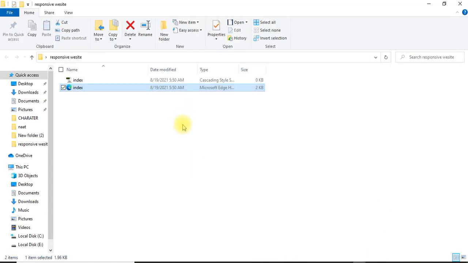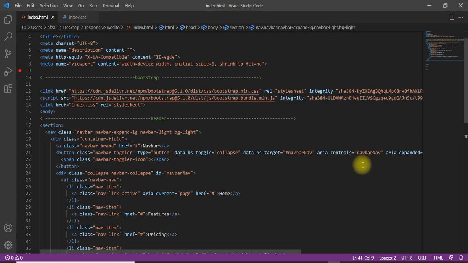Now, one more thing: if you see the navbar, you can apply the logo of your company here, and if you want to give a combination logo, it's totally up to you. In time, I will tell you how you can apply an image here, as well as how to add different types of options. So now move on to VS Code.